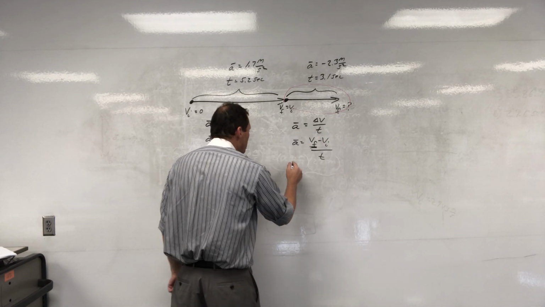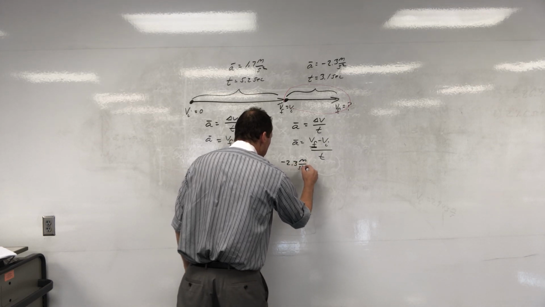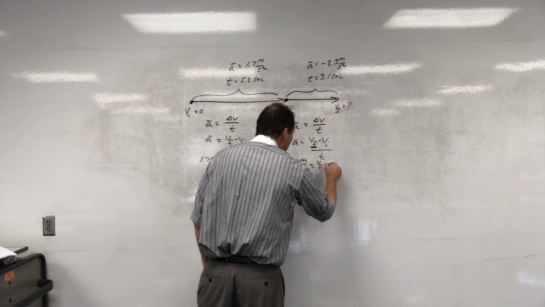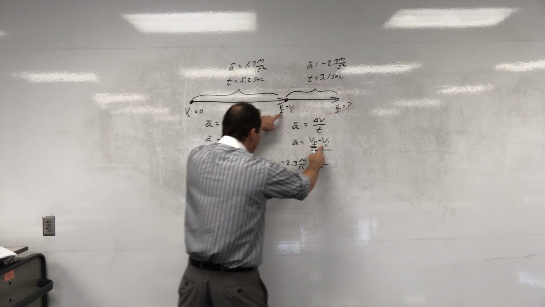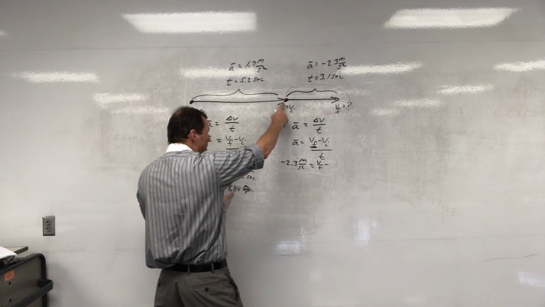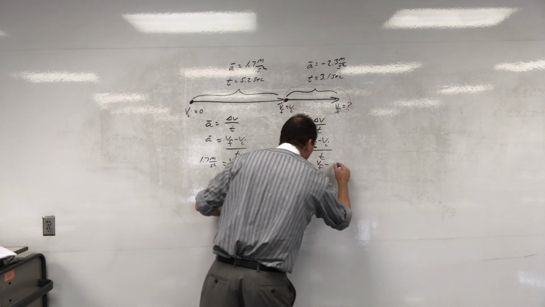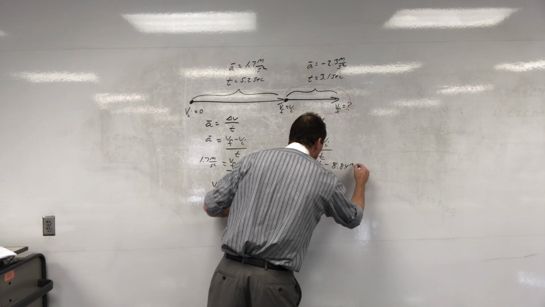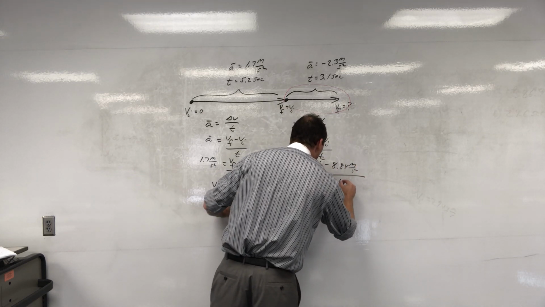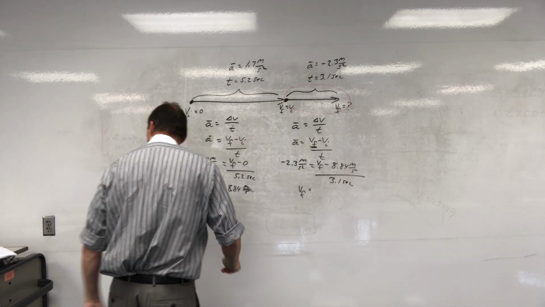All right, let's go ahead and substitute in. Negative 2.3 meters per second squared equals the final velocity, which I'm looking for. The initial velocity is the same as the previous final velocity, so I'm going to stick this number in because that final velocity is the beginning velocity of the next segment. So 8.84 meters per second over the time, in this case 3.1 seconds. And my final velocity turns out to be